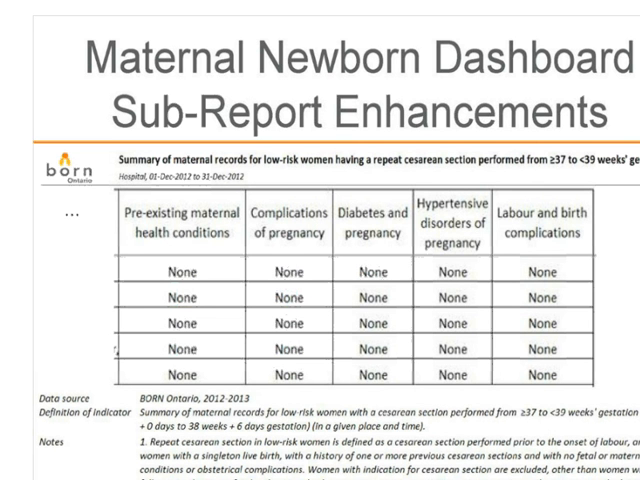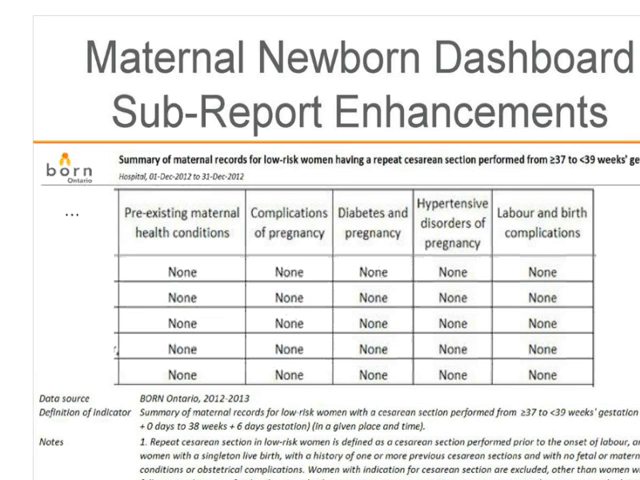So again, as always, underneath the subreport, there are footnotes that lead you to the data source from Born Ontario, the definition of this indicator, and for this subreport, the definition is the summary of maternal records for low-risk women with a C-section performed from greater than or equal to 37 weeks, which is term, to less than 39 weeks gestation. And we even have in brackets the number of weeks and the number of days. And it goes on to say the note, repeat C-section in low-risk women is defined as a cesarean section